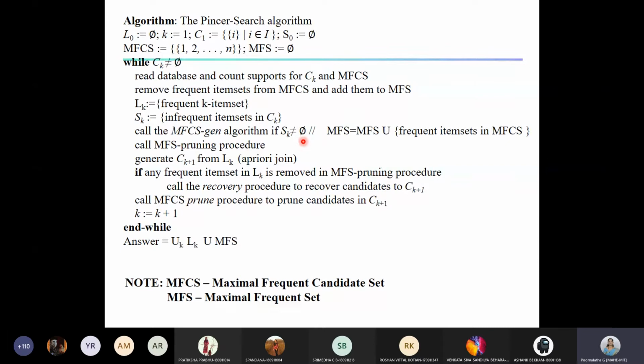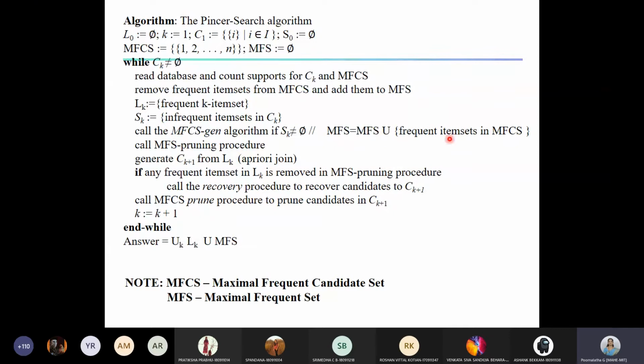If it is not empty, use the MFCS generation algorithm to determine the subset. Then MFS is MFS union frequent item sets in MFCS. Once you do this, if you find that any of the sets in MFCS are frequent, we are moving that to MFS.